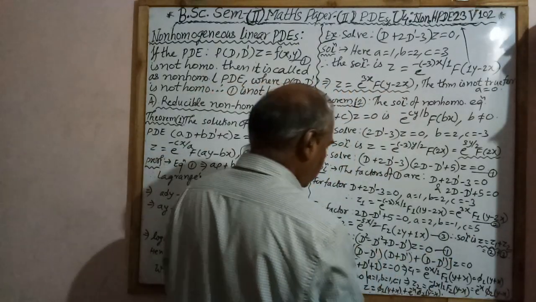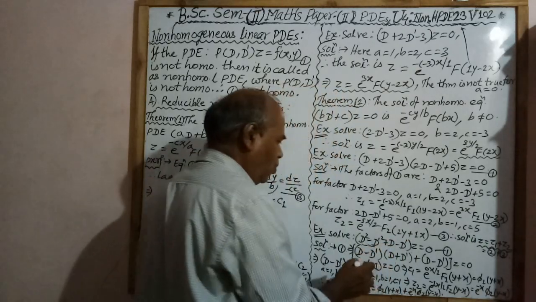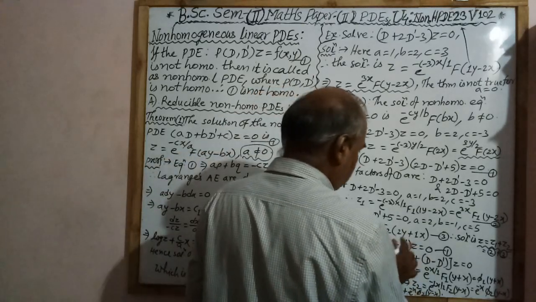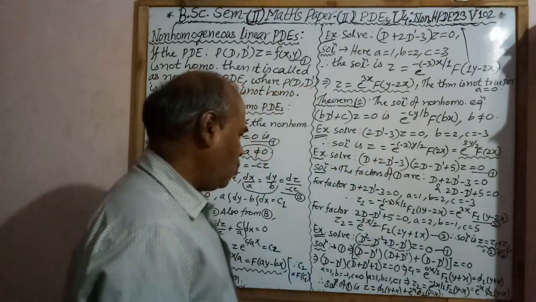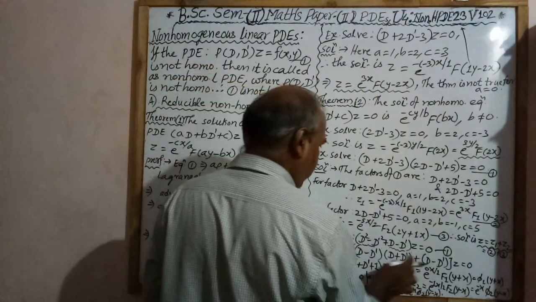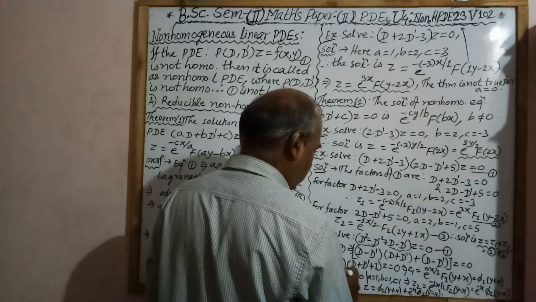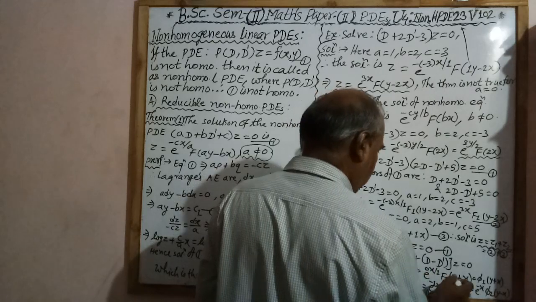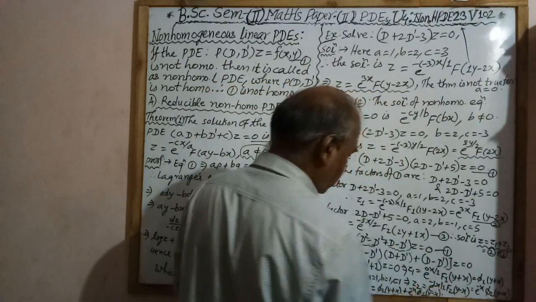Next, solve the differential equation given by this. Now we factorize this D squared minus D dash squared. We know the factors, (a minus b)(a plus b). Therefore, (D - D')(D + D'). The second term is as it is, D - D'. Again we take common the factor D - D' from these two terms. Hence we obtain these two factors. Corresponding to these two factors, we get the solutions z1 and z2. Hence the solution of equation 1 is the addition of z1 and z2.